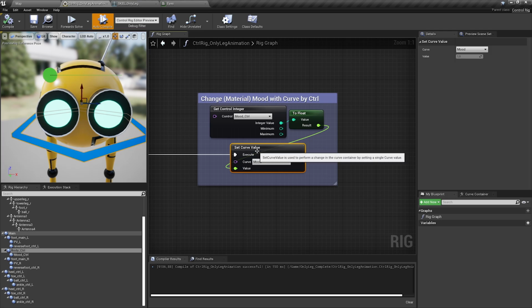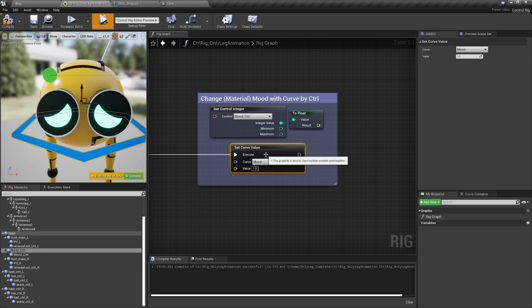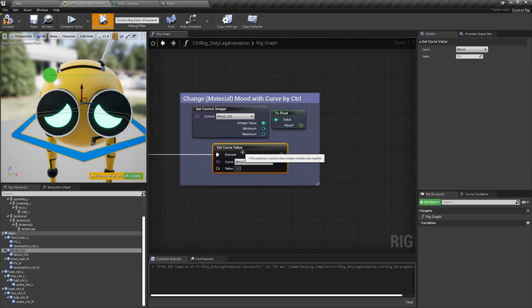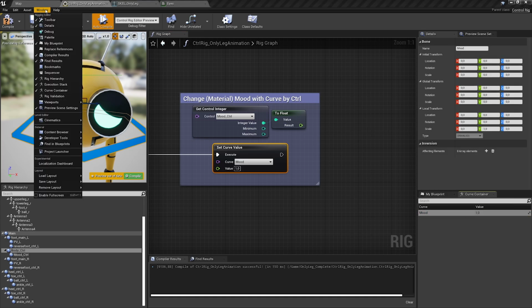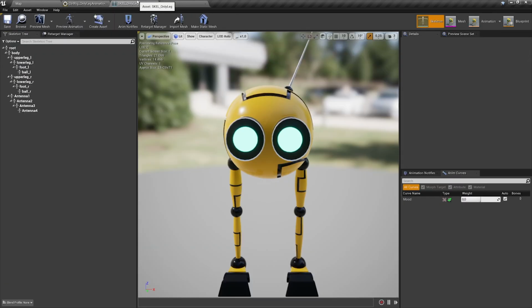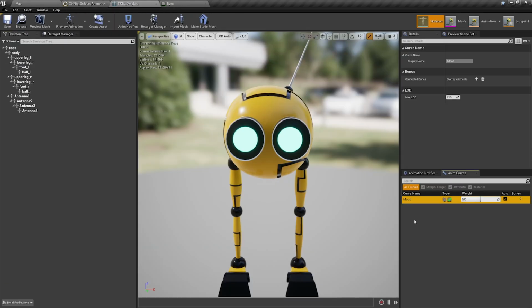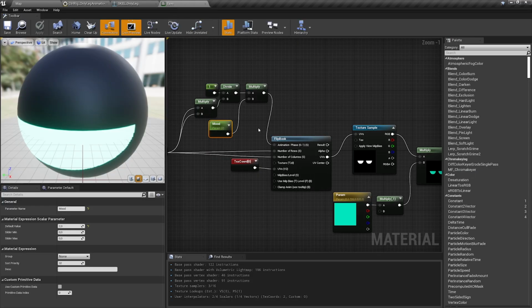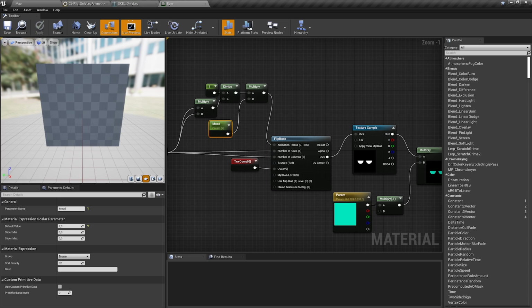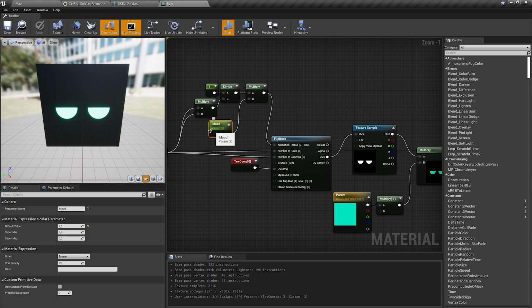So I'm using a curve. So you can set a curve value. If I switch this off, and I'm going here to the curve container. Here you can see the mood curve. If you don't have that, you can go to Windows and then here curve container. And here's the mood. So the mood is a value stored in the skeleton. So I can add a curve here like that and set it either to material or morph target. In my case, it is influencing material, and it's influencing all the materials. And here is an eye material, and there's a parameter called mood. It's the same name. So this is how it's connected.